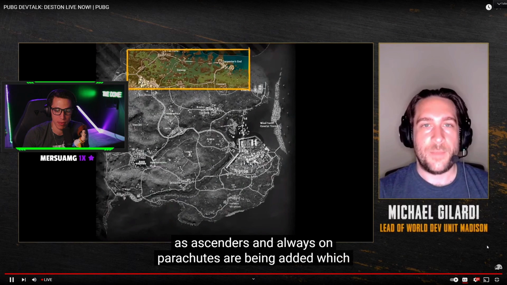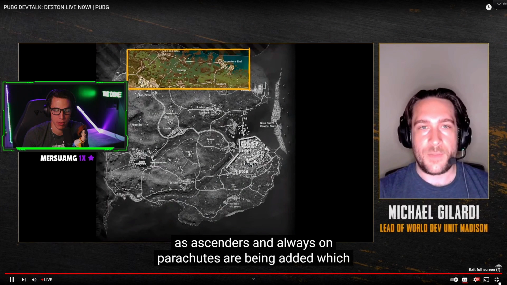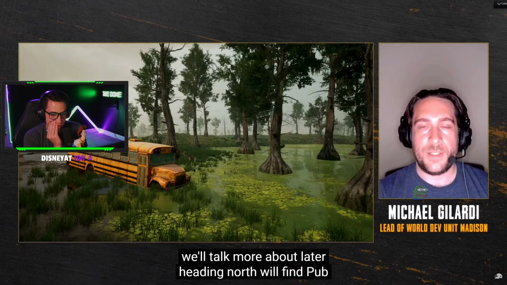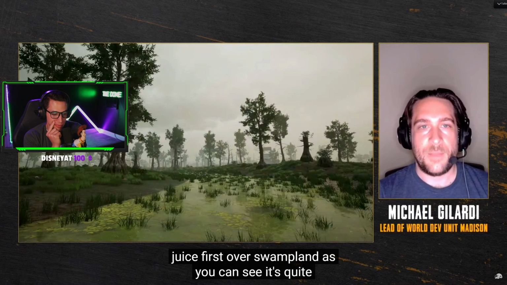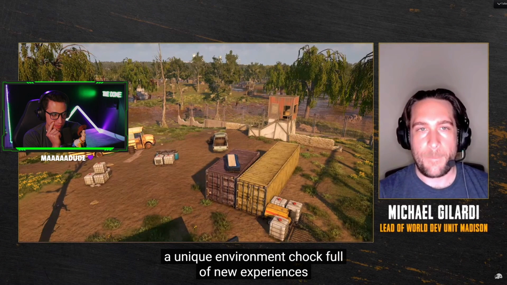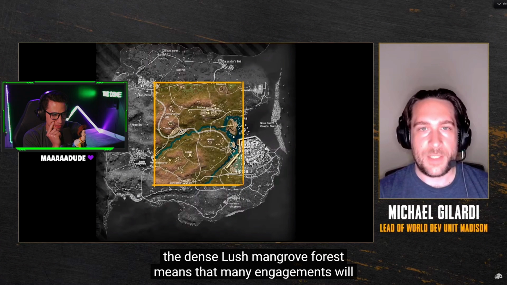Heading north, we'll find PUBG's first ever swampland. As you can see, it's quite a unique environment chock full of new experiences. The dense, lush mangrove forest means that many engagements will occur in close proximity. The Central Plains provide the traditional BR